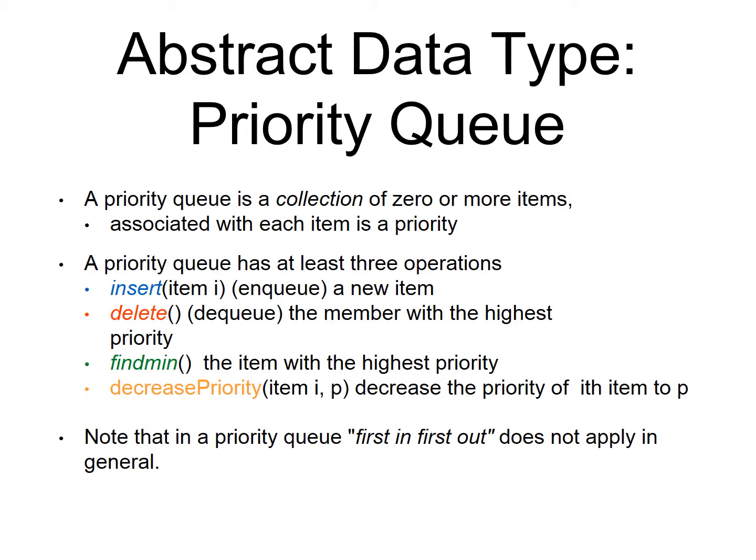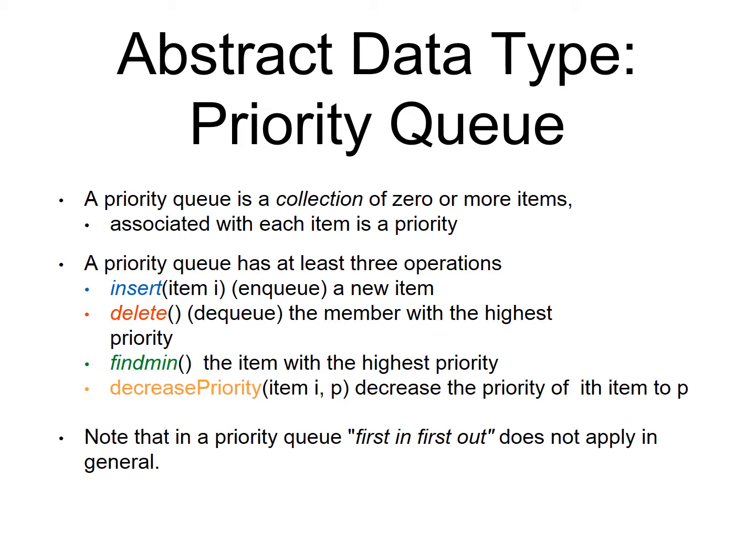The priority queue is a collection of zero or more items. Each item is associated with a priority. Only three operations can be performed with the priority queue: insert, delete minimum and find minimum. Here we will also be using another extra function called decrease priority, which will be used to sort the elements